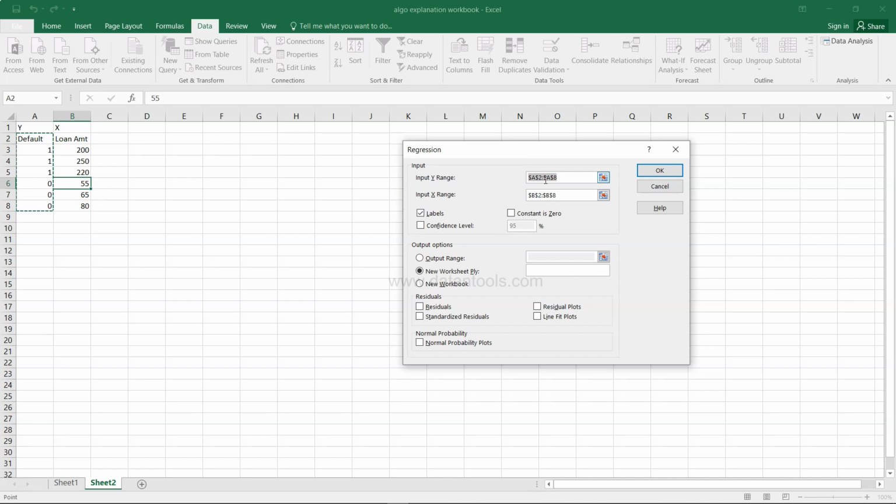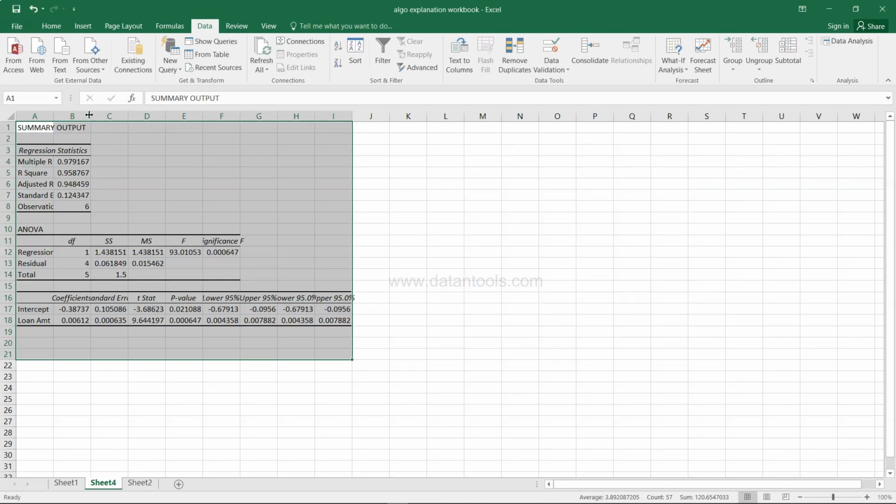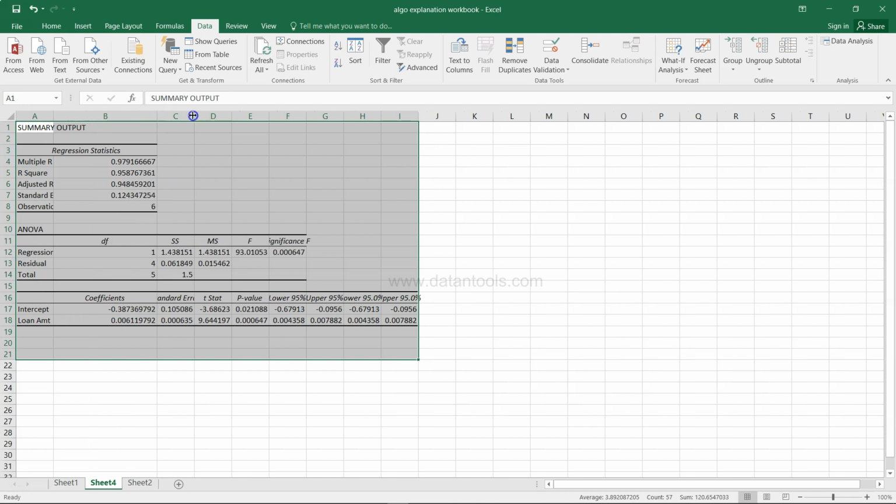In Y range we have these Y values, in X range we have these X values, and since these two ranges contain the label, I have enabled the labels option, otherwise it will give me the wrong output. If I click OK, this is the output that I get.